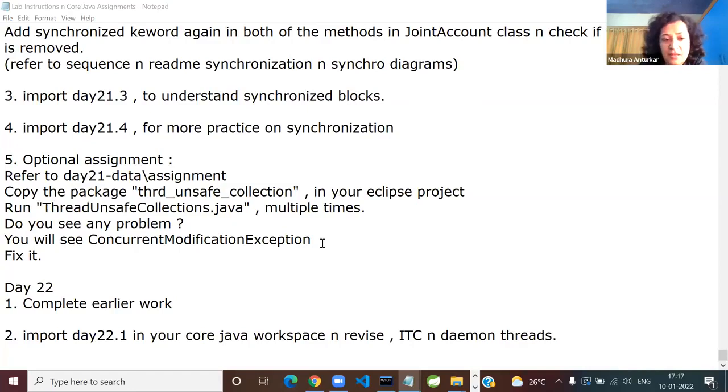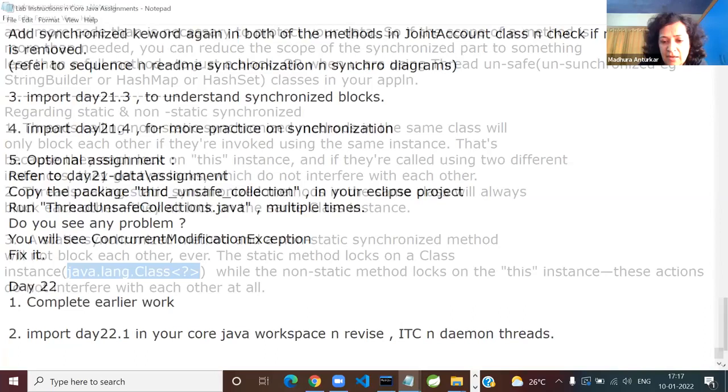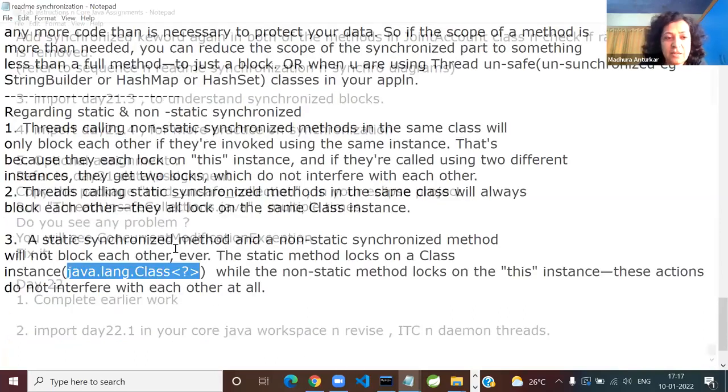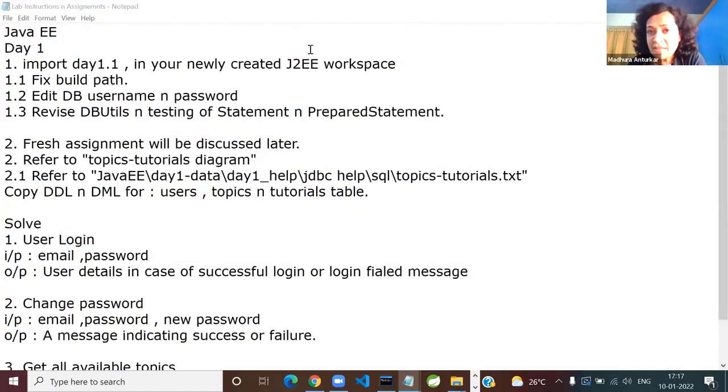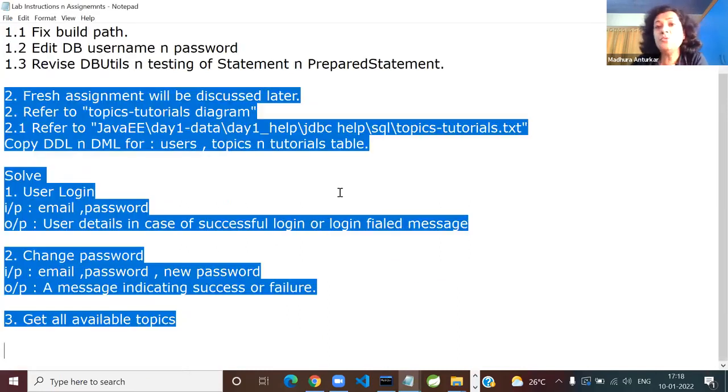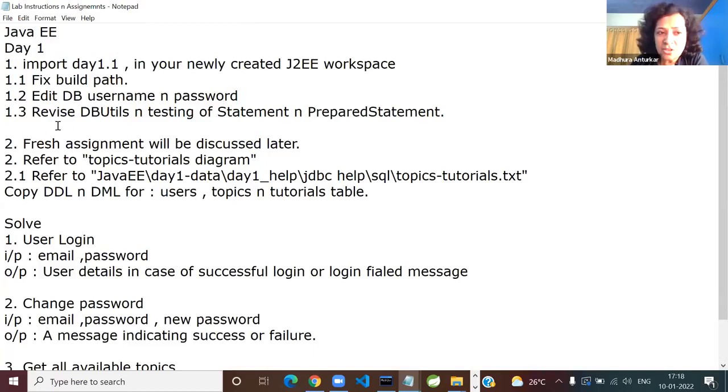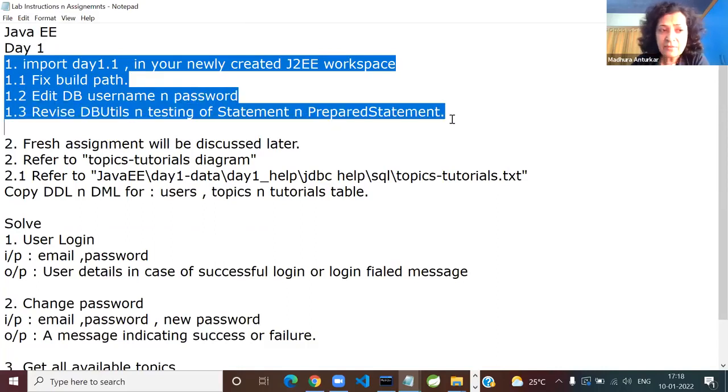Okay, that's good. So then I can close this and I can open your JDBC thing. Let me start asking, is there anyone who is still facing problems? You are doing JDBC, fine. Okay, so then let me not trouble you. I'm going to discuss a fresh assignment, but only after you say everyone is ready. I have not shared this assignment with you. I have to discuss it, I can't just give it to you because it's a full case study, a topic tutorial content management system. So finish this much and we will discuss the fresh assignment when everyone is ready.